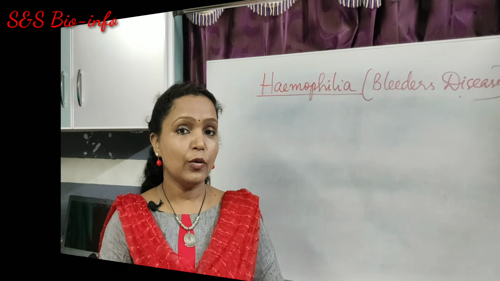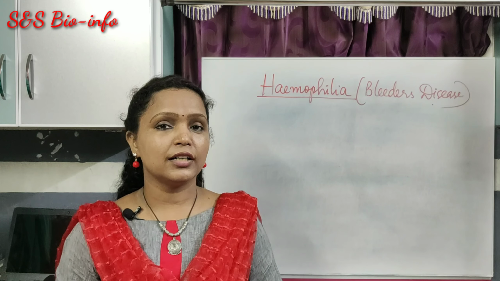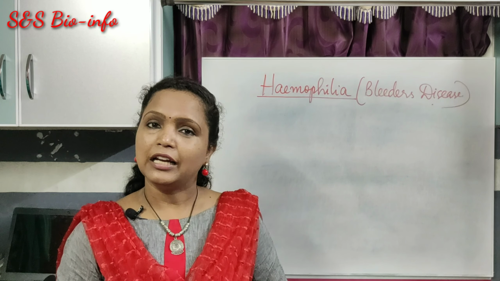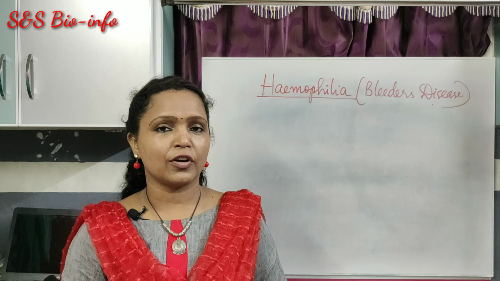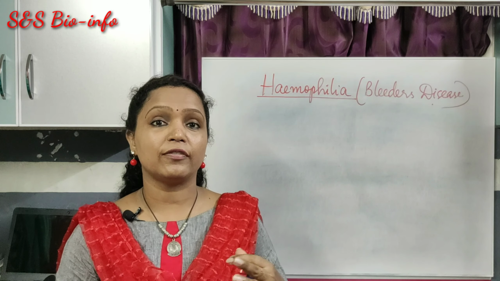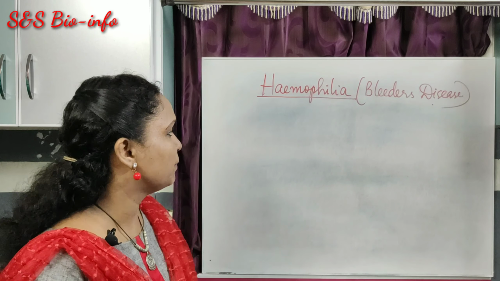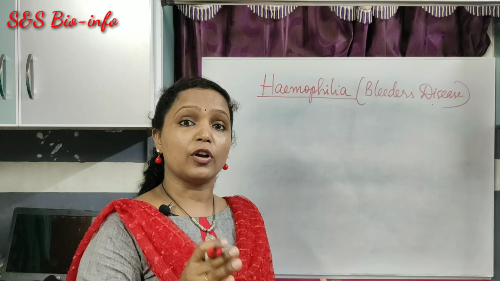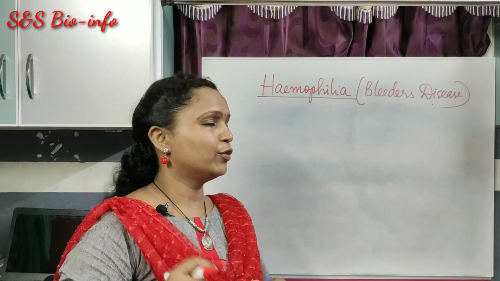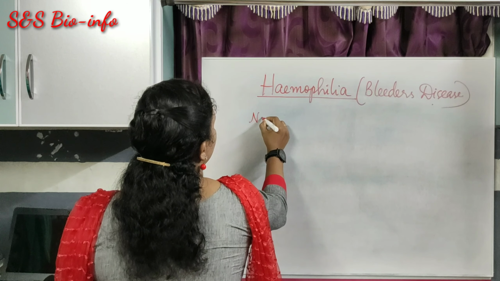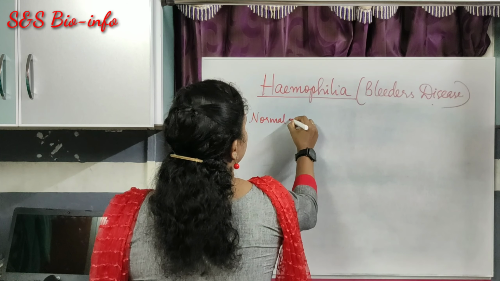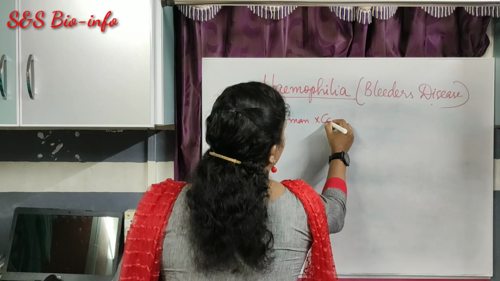Got it? Now let's understand how it occurs in the young ones of a family. Let's consider different crosses of the genotypes of the parents, so we'll find out the possible genotypes of the young ones in the family. First of all, let's consider a normal man with a carrier woman.